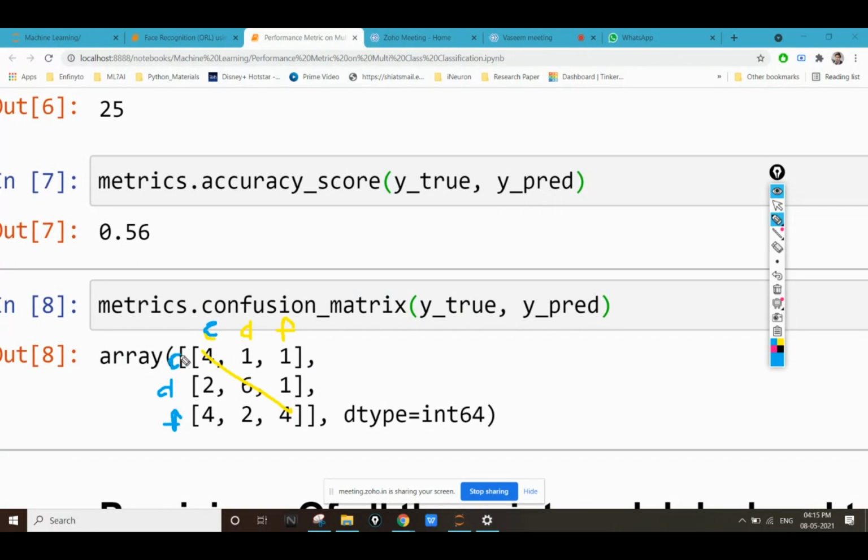This is the maximum detail you can get from your machine learning model: at which position it is wrong, plus what the wrong result is. In the case of dog, I had a total of 6 plus 2 plus 1, which equals 9 values, out of which I predicted 6 correctly and 3 incorrectly.